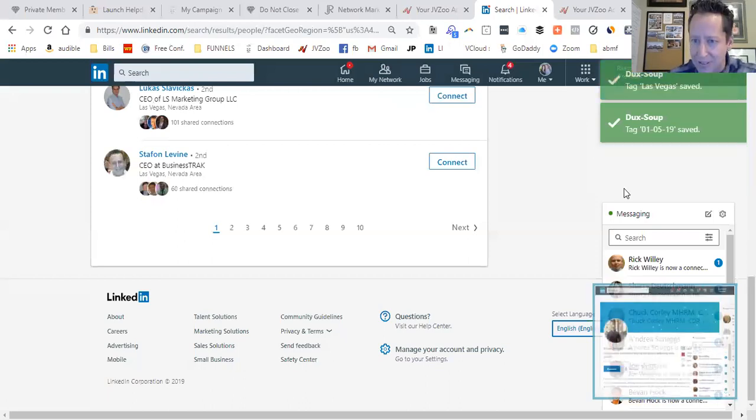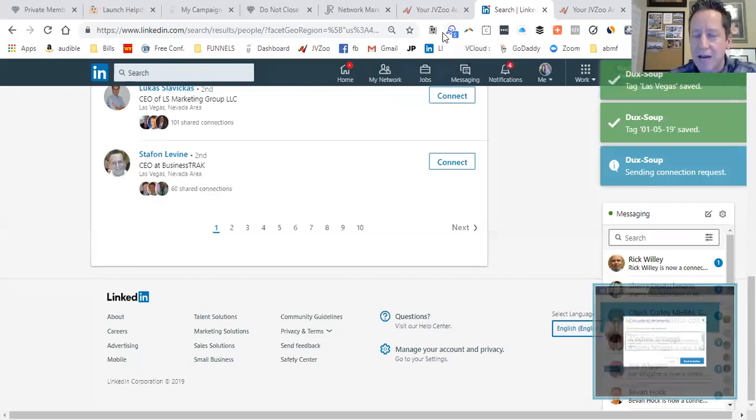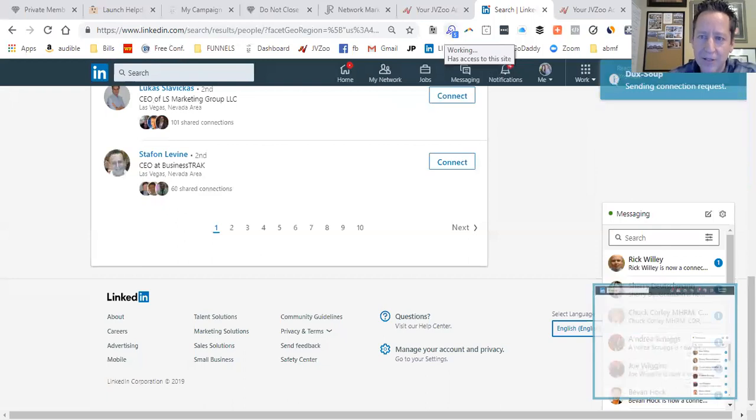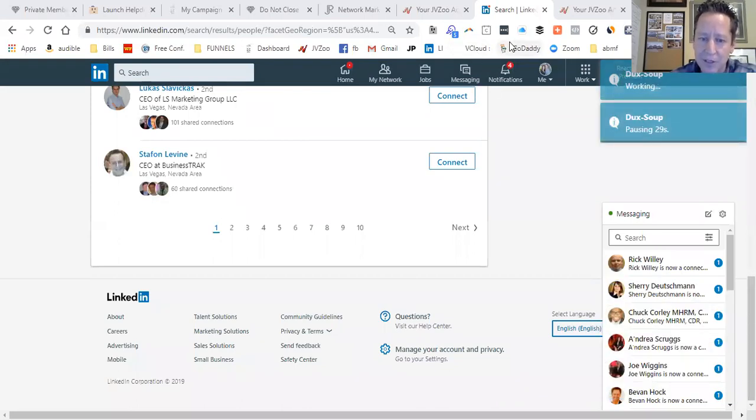So it did the tag. You can see that here. It visited the profile. Now, if you look up here, you can see that the number is now 5. Before we turned the robot on, it said that it had visited 4 profiles. Now what you're able to see is that it has visited 5 profiles, and you'll see that number continually update itself. And as the app goes on about its business and does its thing, you're able to kind of see that that number will continue to change. And so you can see that it's doing its pause. It's looking for the next profile that it's going to visit. And, you know, again, this is a set it and forget it.